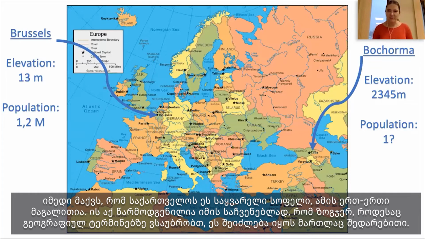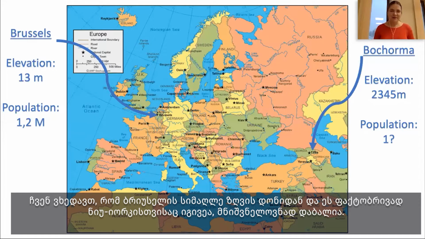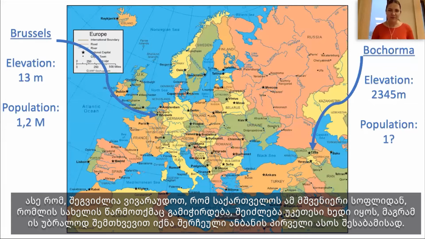And one example is this, I hope, lovely village in Georgia. But this, I think, is here to illustrate that sometimes it can be really relative when we speak about geographical terms. We can see that actually the elevation of Brussels, and this is the case for New York as well, is significantly lower. So we can think that maybe the perspective is even better from this lovely village of Georgia, which I'm not sure whether I'm able to pronounce.